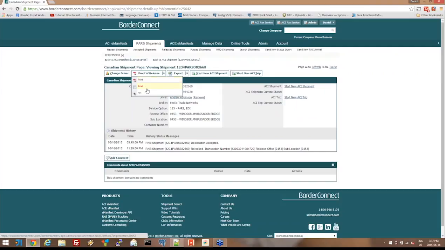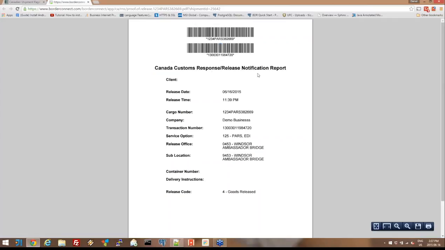You can see we have shortcuts to email and fax the proof of release. I'll view one just to show you what it looks like. You can see this is Canada Customs format. It's just showing the barcode of the PARS and the broker's transaction number, and then manifest details on the cover